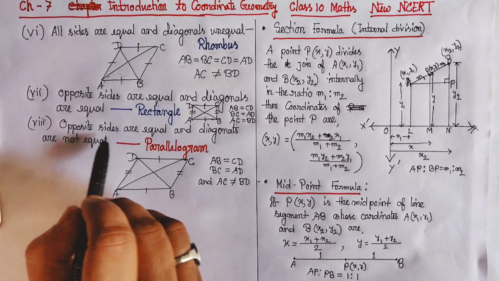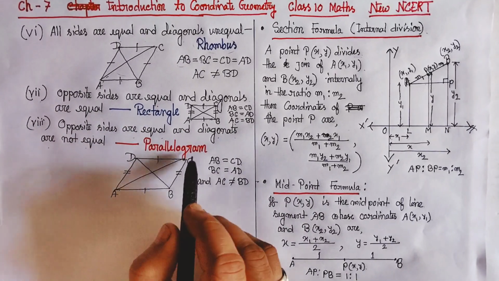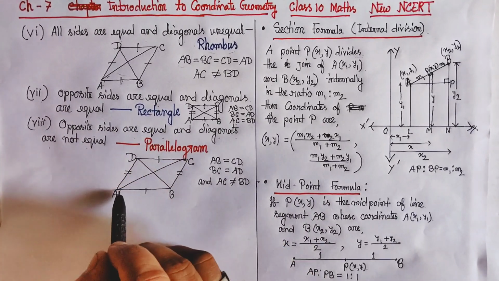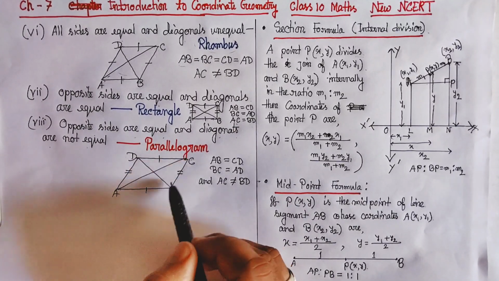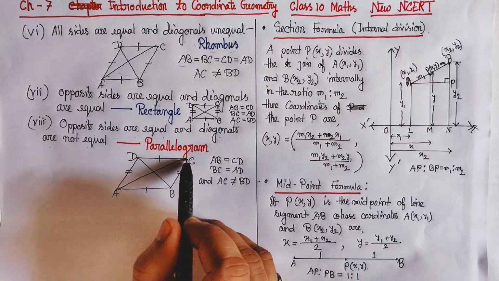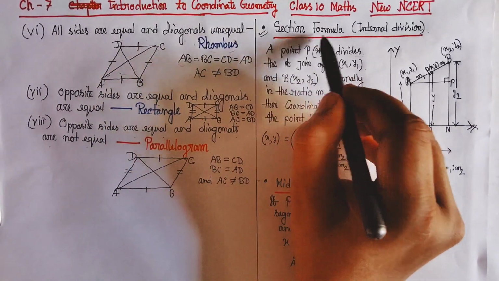Again, number 8, opposite sides are equal and diagonals are not equal. It is called a parallelogram. In parallelogram ABCD, here AB equal to CD and BC equal to AD and the diagonals are not equal. Again next, the section formula,